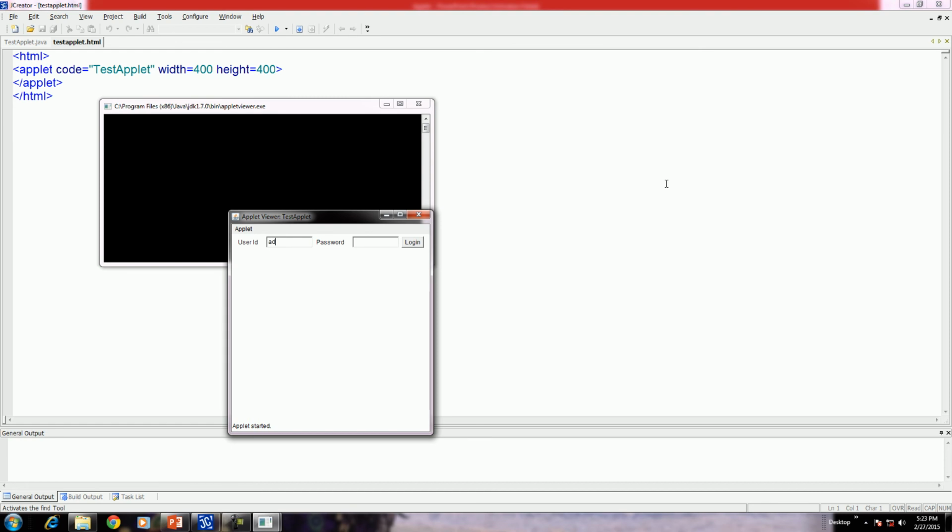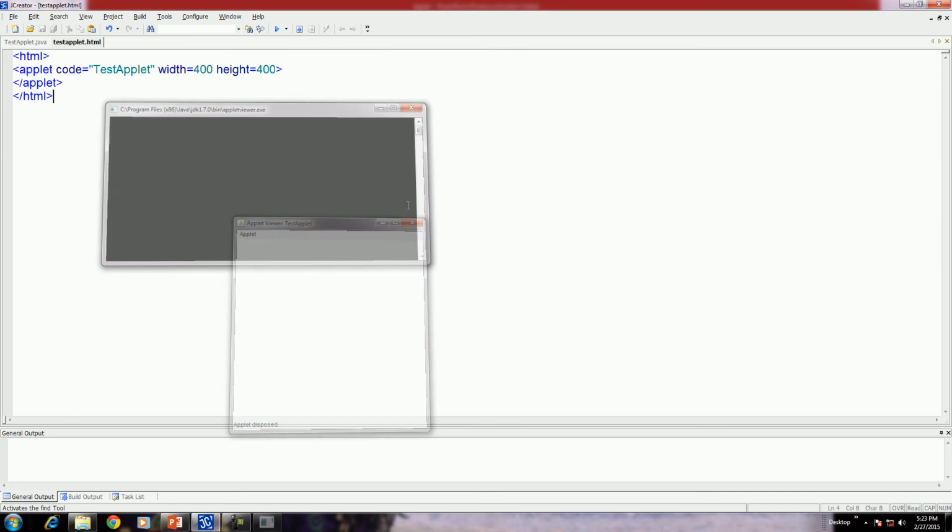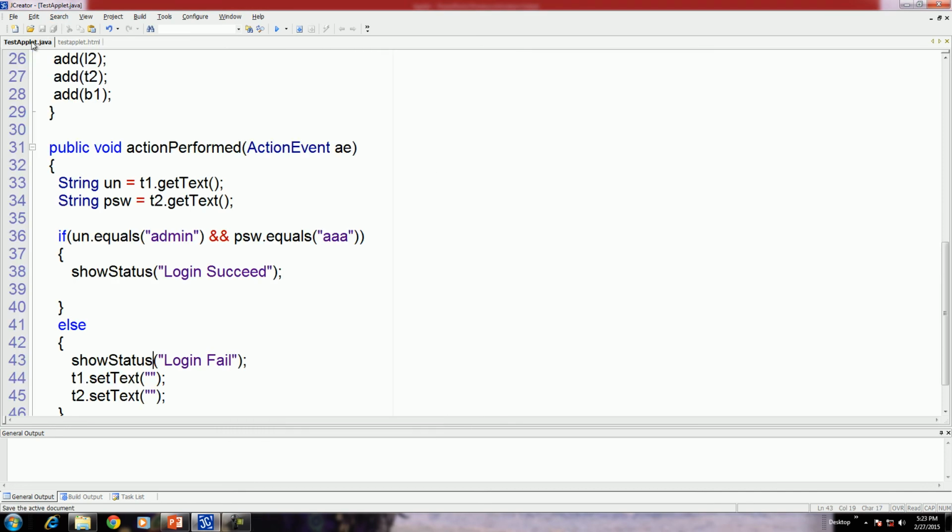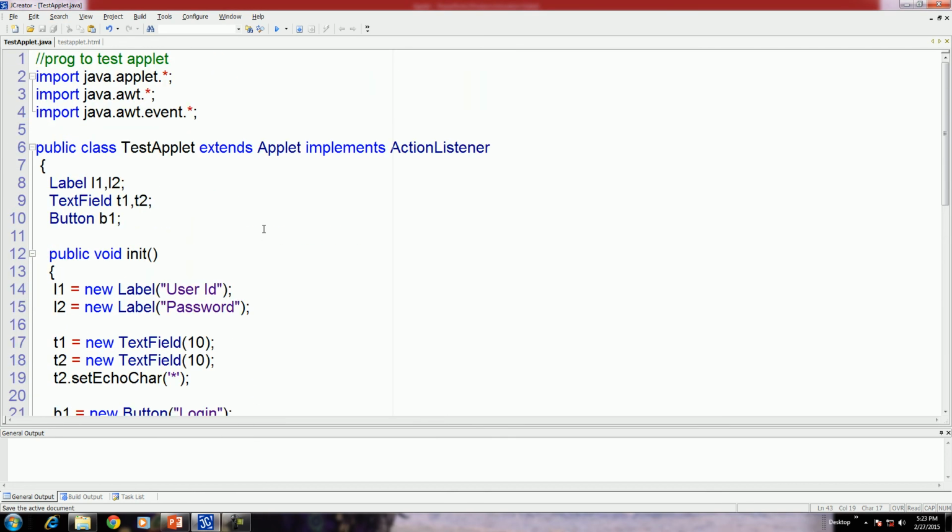Suppose user ID is admin, password is triple A, login succeed. If we write a wrong password, login failed, and text box 1 and 2 get cleared.